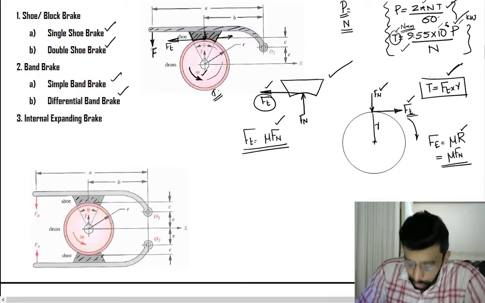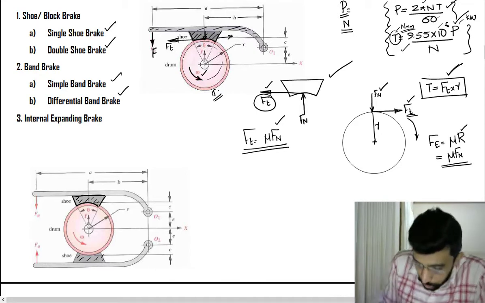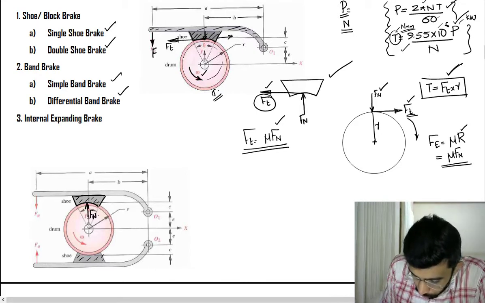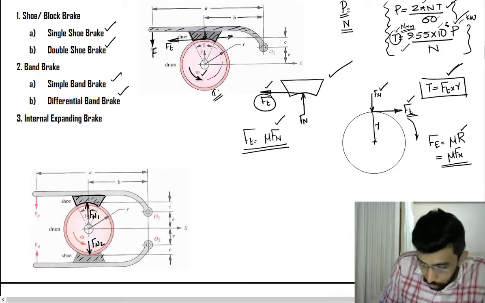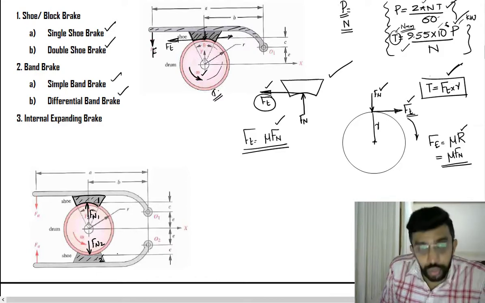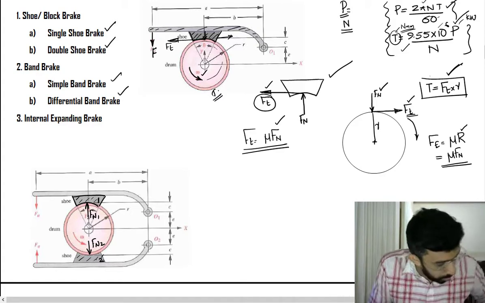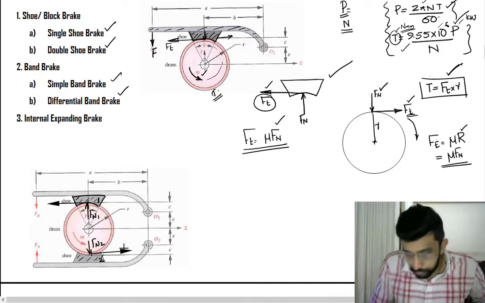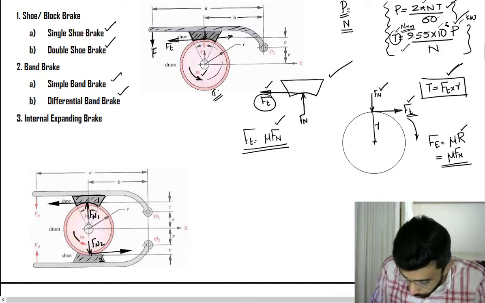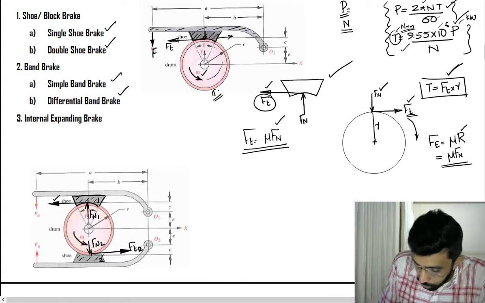The only thing is that when you take the case of the brake shoe, here the normal force is in this direction, Fn1, and here the normal force is in the direction Fn2. When you take the first shoe, say this is one and this is the second shoe, this is the direction of Ft on the first shoe, and here the direction of Ft is like this. If you take the anti-clockwise rotation, it is going to take this direction on this shoe, and on this shoe it is going to take this direction. So this is the direction of Ft2 and Ft1.